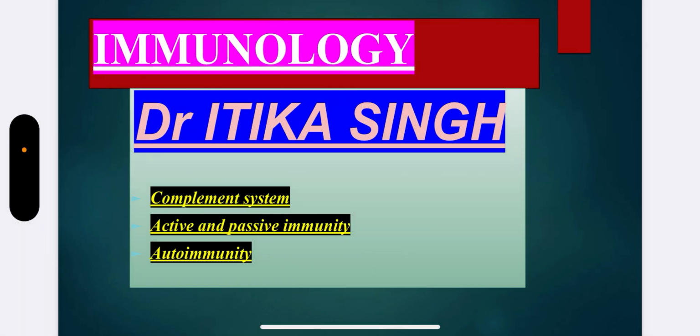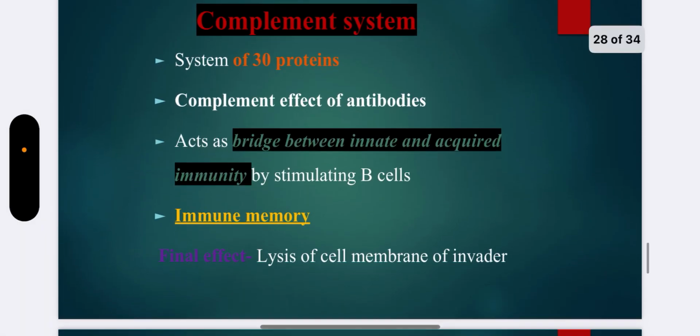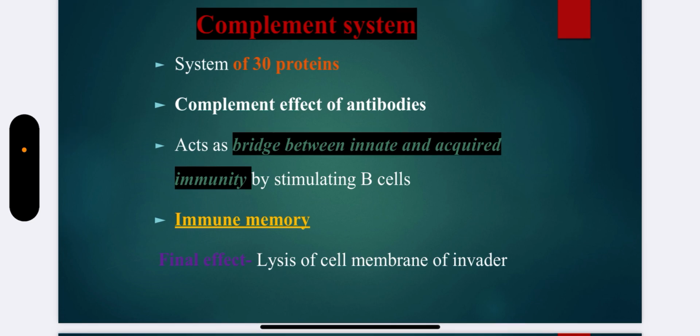About complement system, active and passive immunity, and autoimmunity. Now, what is complement system? As the name suggests, it complements the effect of antibodies. It is basically a system of 30 plasma proteins, and it acts as a bridge between innate and acquired immunity